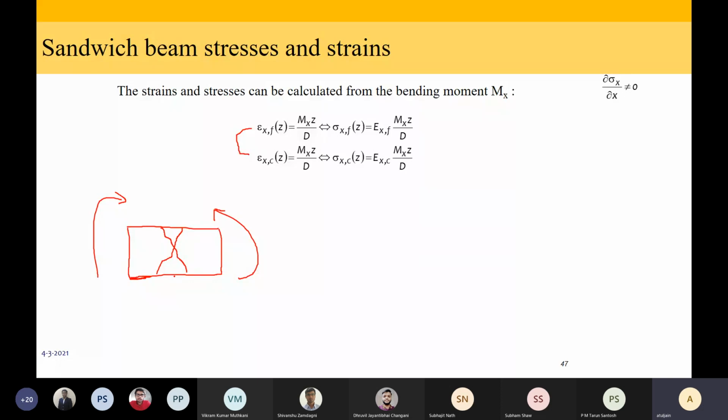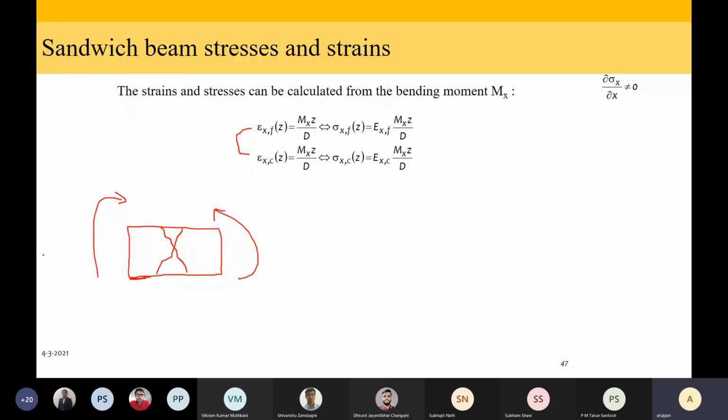That being said, it is still a very useful tool. Later we will learn what changes we have to make to the classical lamination theory so that the stress components through the thickness of the foam are also accounted for. The foam is no longer in a state of plane stress. But for the time being, if we use classical lamination theory, we will not be able to model or account for these types of damages where the shear stress is through the thickness. This is sigma, the outward normal is z, the direction is x. So tau zx terms we will not be able to model, and tau zx will cause this.